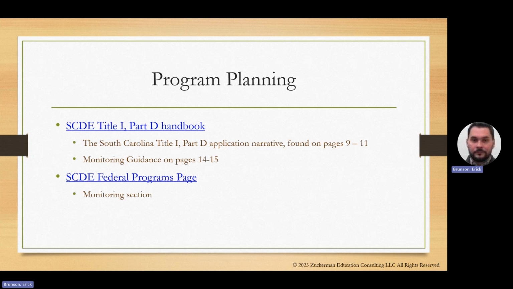This is the South Carolina Department of Education Federal Education Programs webpage, which has a tremendous amount of information. I've been using this and clicking off of here over and over and over again. It's now one of my favorites on my web browser, including Title I Part D, the way to get to some of the elements from Title I Part D. But if you scroll all the way down to the bottom, there is a monitoring section here. And included in the monitoring section, again, hopefully this is a reminder for you, there is the monitoring schedule for 23-24, which might not have quite as specific dates, but the monitoring schedule is published.